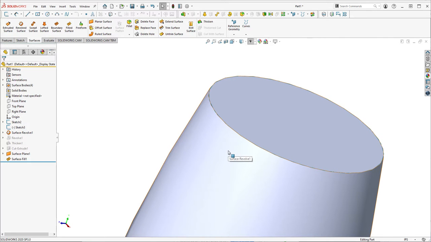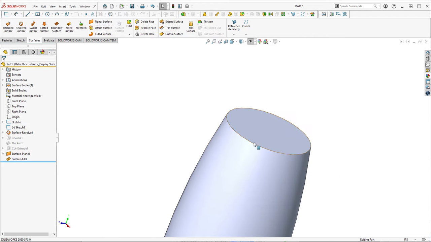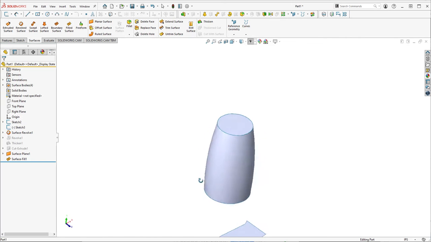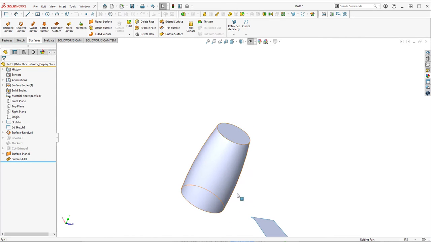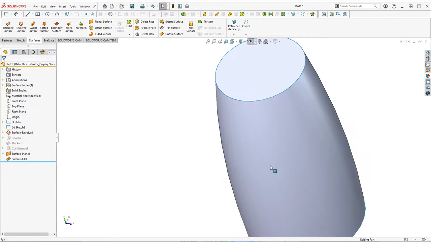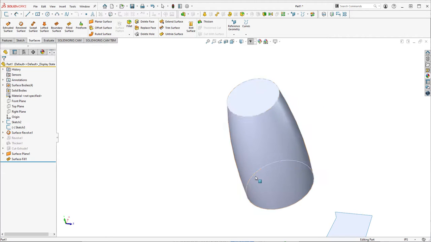So if you basically cap that surface cylinder on both ends, does it now count as a solid or is it still a surface? It's still a surface. There needs to be one more step. Okay, good question. Yeah, I mean, so the way we know it's still a surface and it's not a body